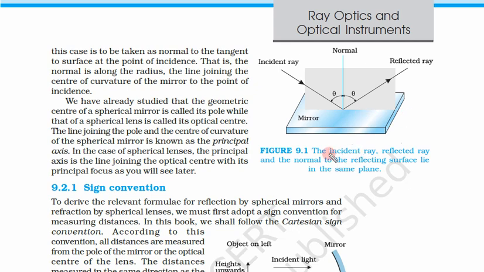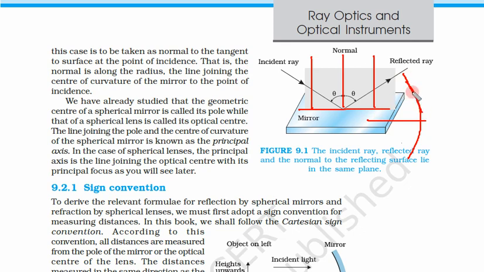So we have learned that the law of reflection is valid for flat surfaces as well as spherical mirrors. Only thing that changes is the direction of the normal. In a flat surface there is only one normal and other normals are just parallel to this main normal. But in the case of spherical surfaces or spherical mirrors, there are multiple normals. And how can we get those normals?